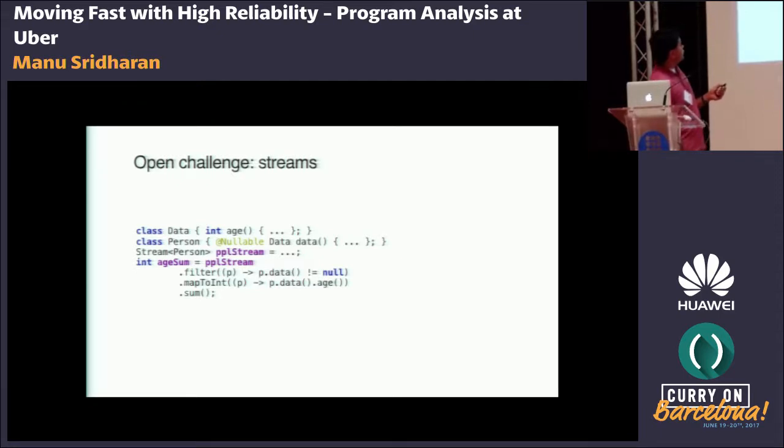Now let's say we have a stream of these person objects, and first we filter such that we only keep the person objects with non-null data, and then we do a map operation, like we're trying to sum all their ages, right? Just looking at this code, we filtered out all the person objects with null data, so it's safe. But our type-based null checker doesn't know this, right? It's going to say here that you might be dereferencing a null data object.